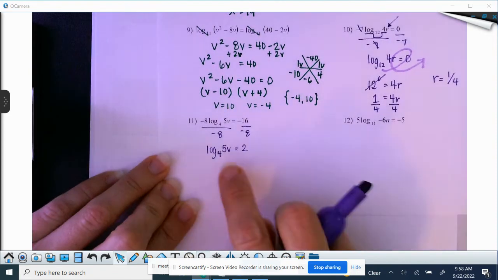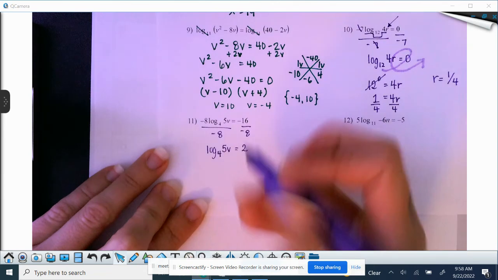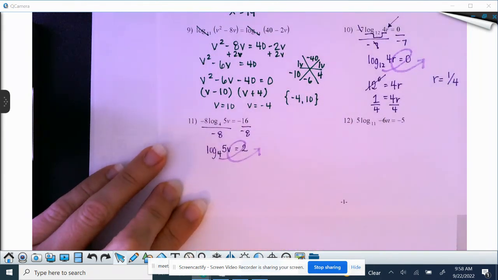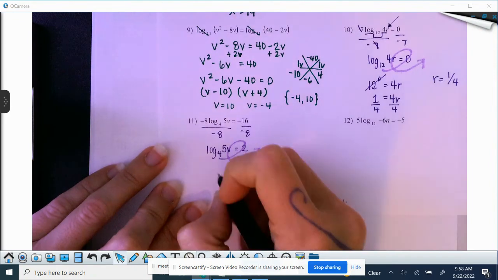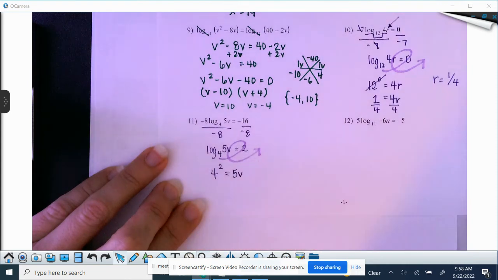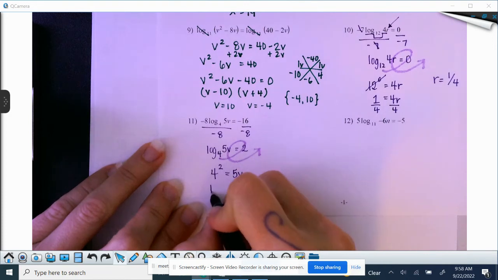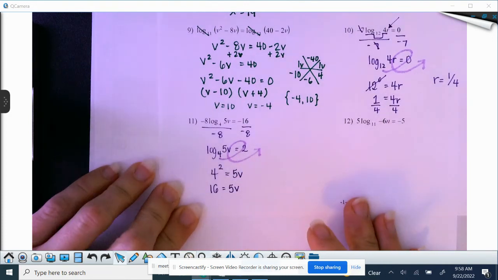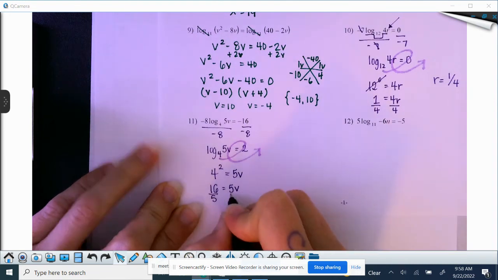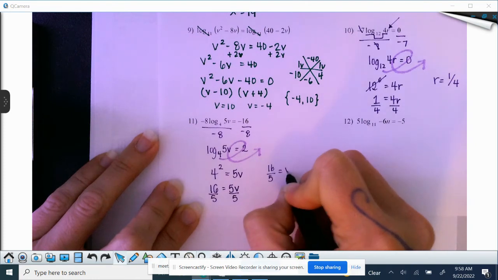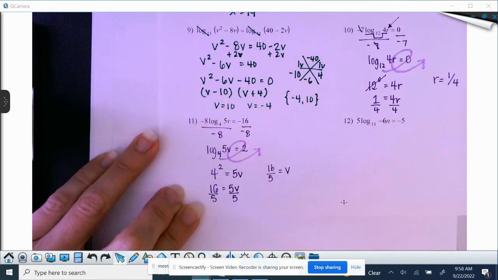Our v is over here on our log side, which is bad news bears. So we're going to pick up the base, go grab our exponent, and come out with an output and put it in exponential form. So 4 squared equals 5v. So 4 times 4, because that's what 4 squared means, is going to give us 16. 5v is 5 times v, so we're going to divide by 5. And that's going to give me 16 over 5 for v. Or it can be 3 1/5